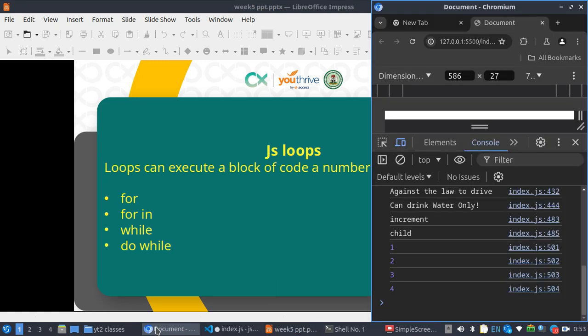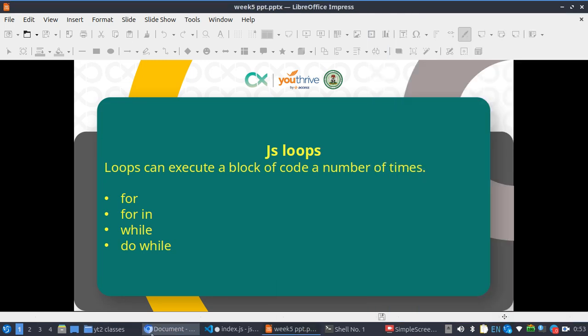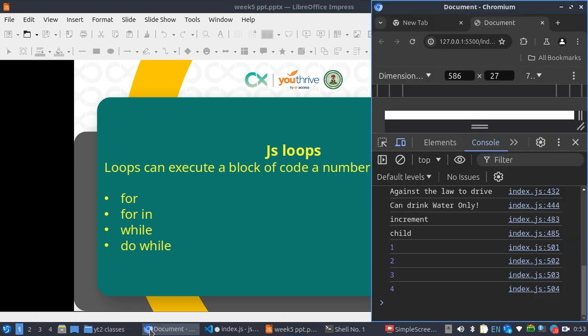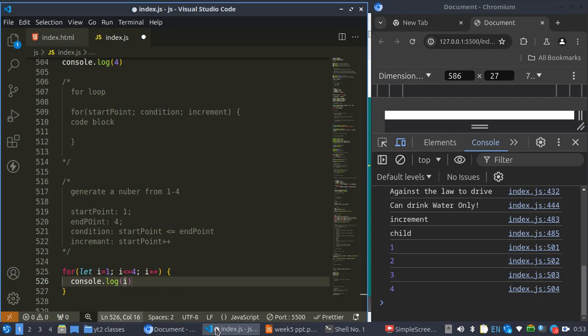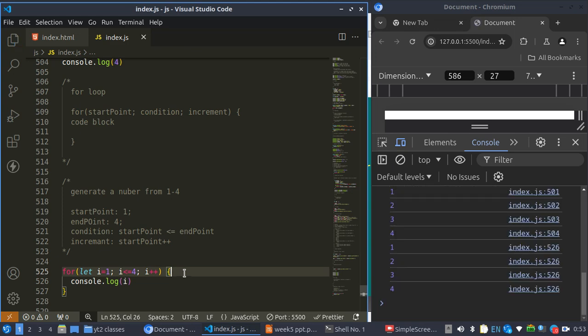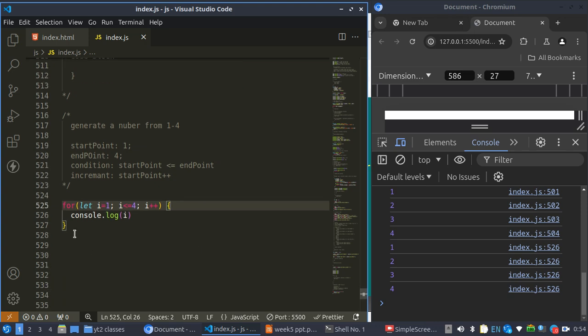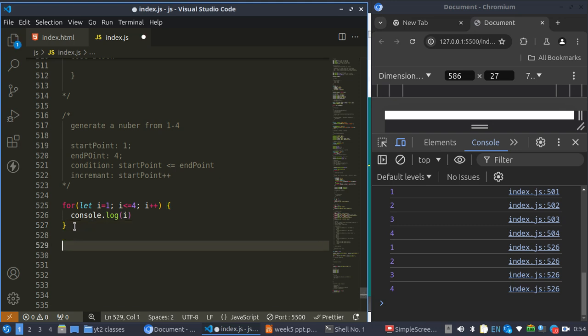So if I save this, I'm going to see 1, 2, 3, 4 again. So that is how we use the for loop. So let's now use the same for loop, just to make this point clear, to output